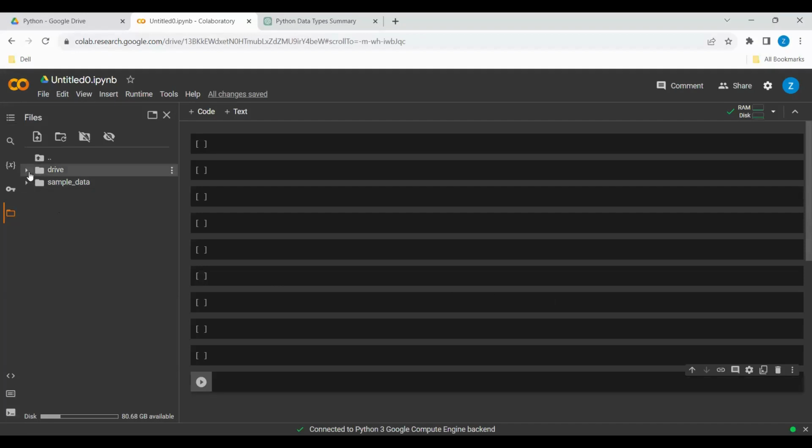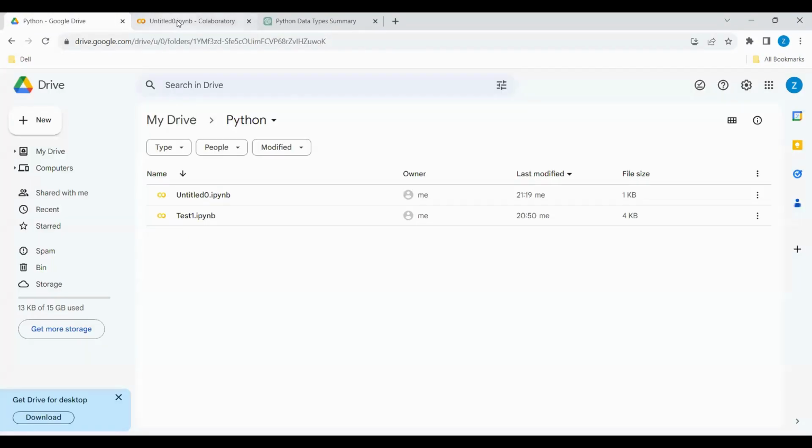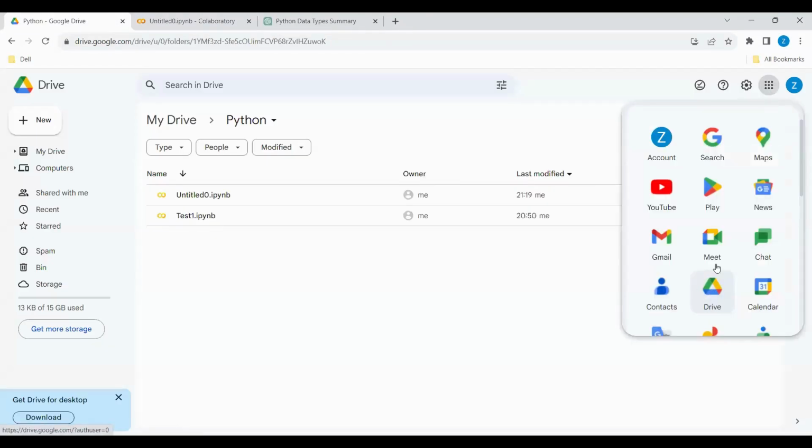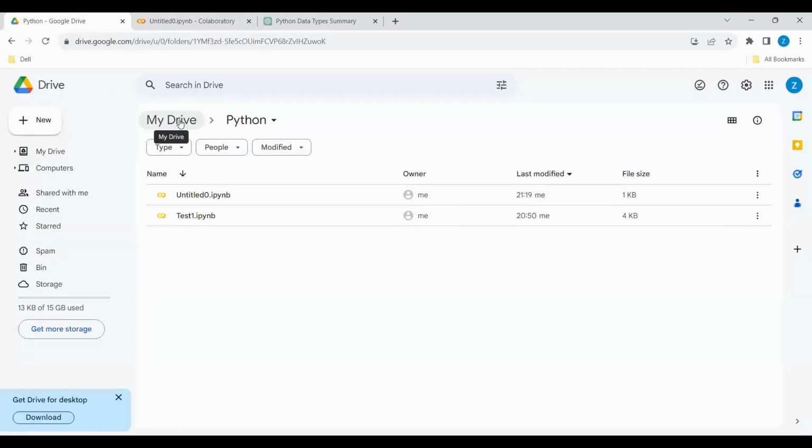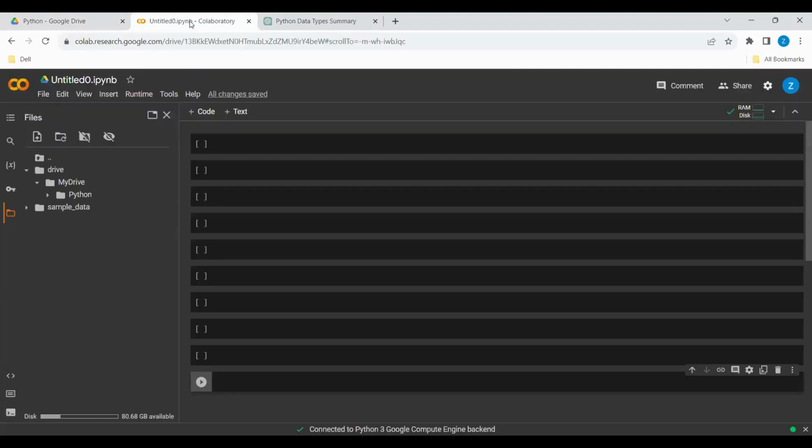Okay, so now my drive has come. This Google Drive and this are the same. If you want to go over here, this will be the Google Drive. So I am going to this Google Drive, and I need to map, because I have made it such that this is present in my drive in Python. I have one untitled file, I will change the name. So in my drive in Python,